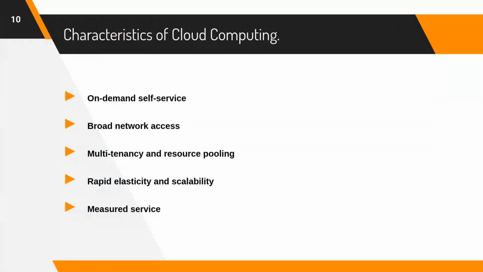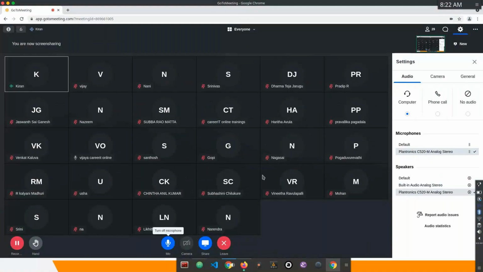So what are important characteristics of cloud computing? How can you categorize some service as a cloud computing service? These are the 5 characteristics that determine whether a particular service is a cloud service or not. First one is on-demand self-service. Just like I told you how Ola and Uber works, you just need to log into a portal or run some commands, and you need to be able to provision your infrastructure in a matter of minutes, sometimes in seconds as well.